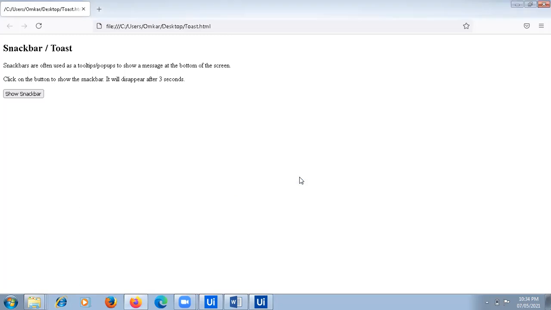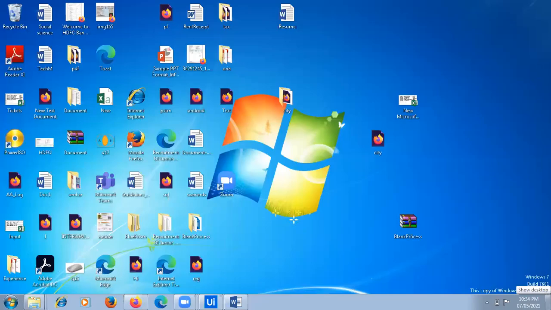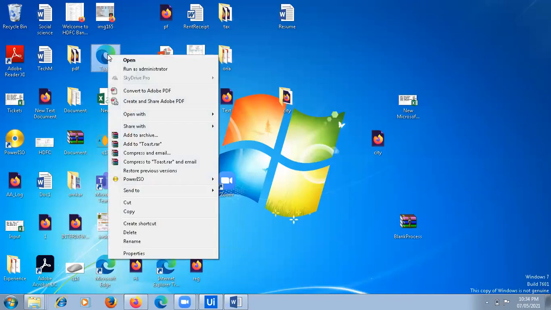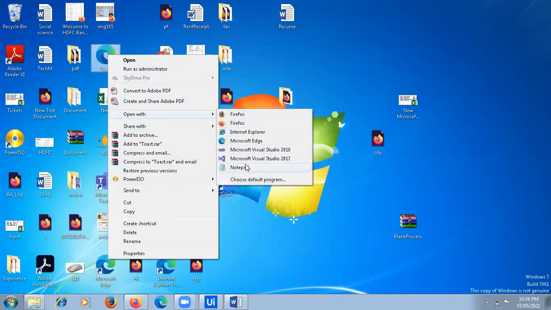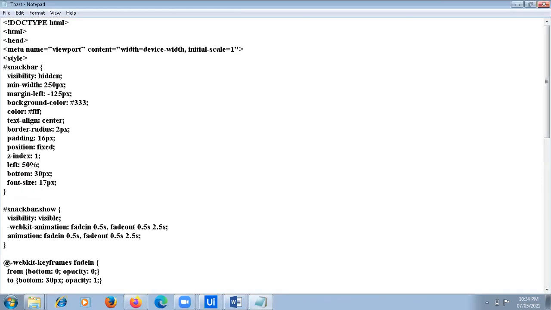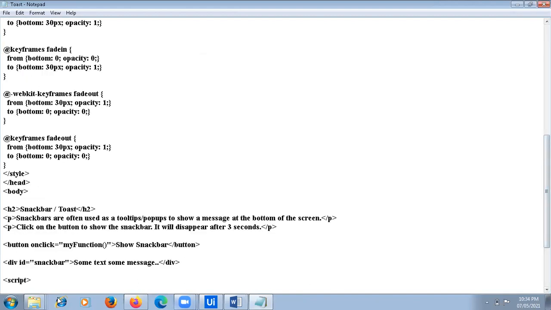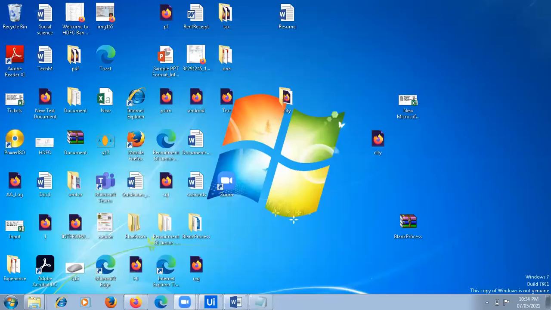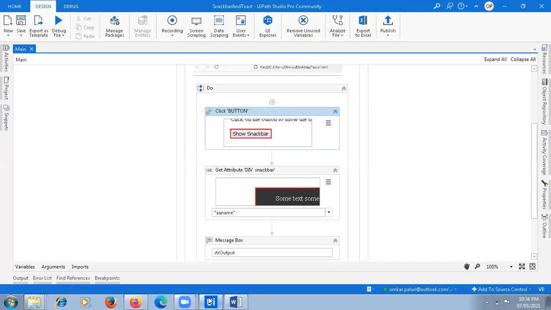So I'm going to change the message again. Open with Notepad, and I'm saving.